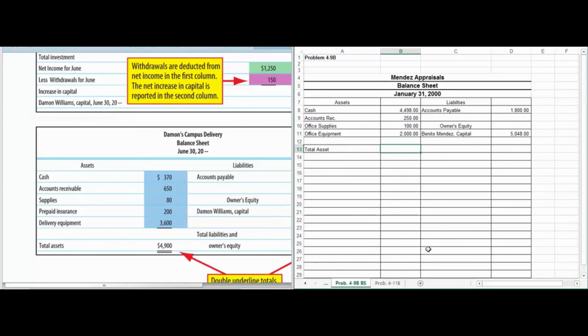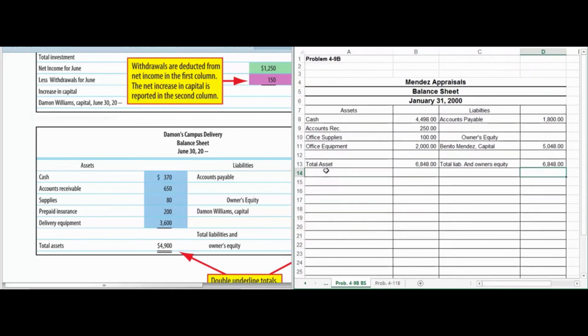Do our assets match our liabilities and equity? So we're checking to make sure each side of the equation matches. And I'm just going to abbreviate for this point to make sure that we balance. Okay, and if you look, our total assets do equal our total liabilities and equity. So we have finally finished with 4-9. I know it does take a while, but let's go